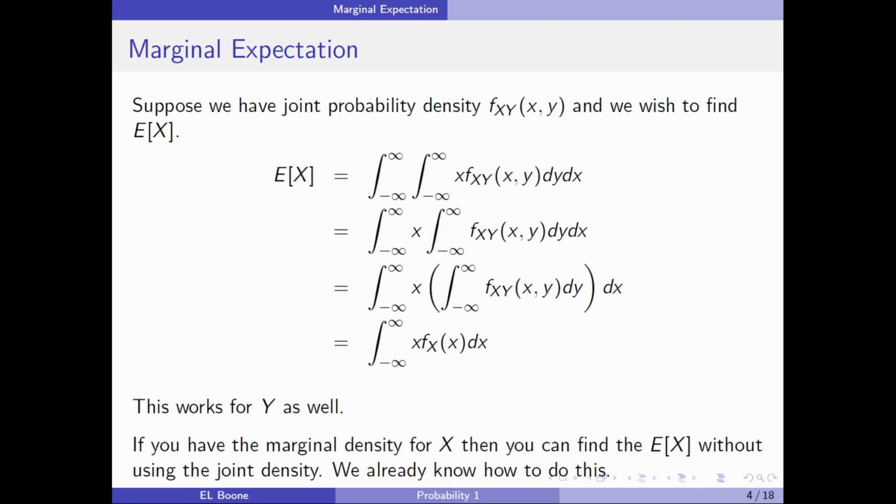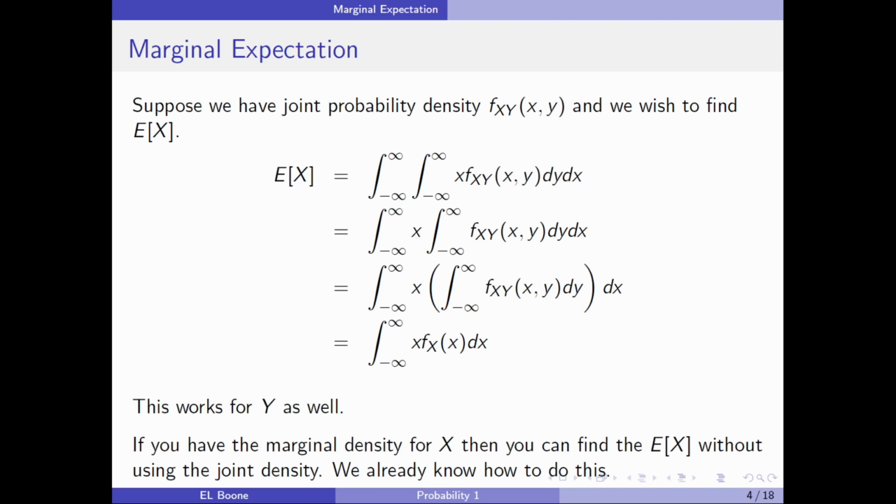So let's look at marginal expectation before we jump into conditional expectation. And the reason we want to look at this is really simple. Here's the idea: if we take the expected value of x, well, remember, we have a joint density here. We don't necessarily have the marginal, but we could get the marginal. If we take the expected value of it, and then we put x, f(x,y), dy dx, doesn't really matter. Well, yeah, here it does matter which order. And then we can pull this x out